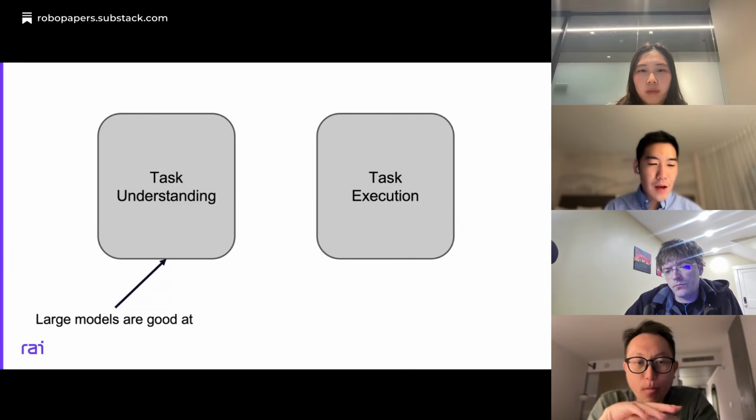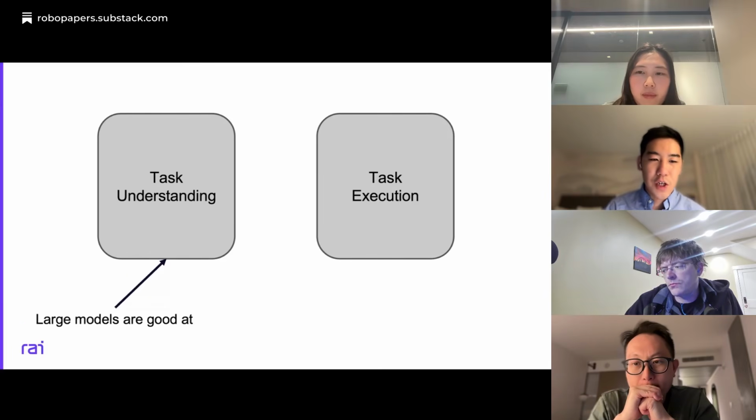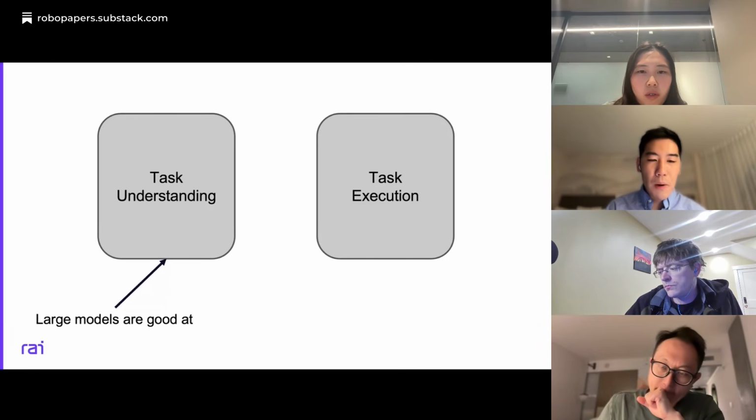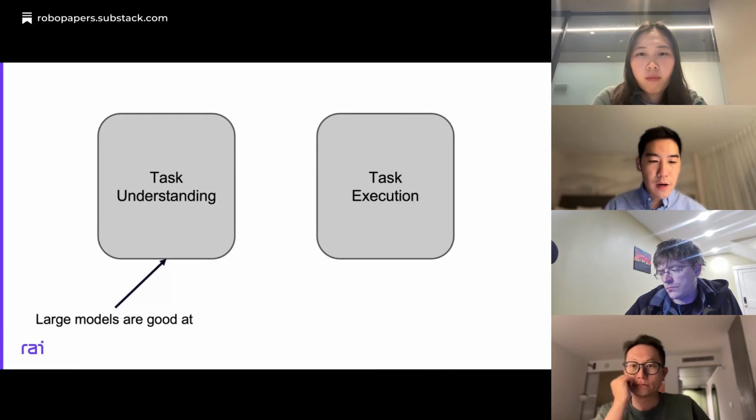For example, since the success of ChatGPT, understanding natural language and images has become super powerful compared to 5 years ago. And we know that to understand tasks better, we need foundation models and large models.